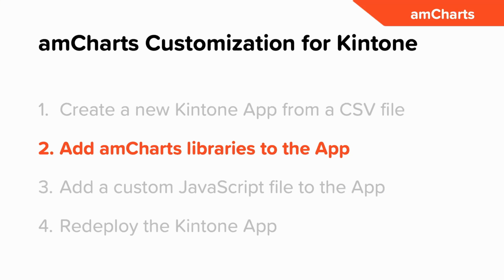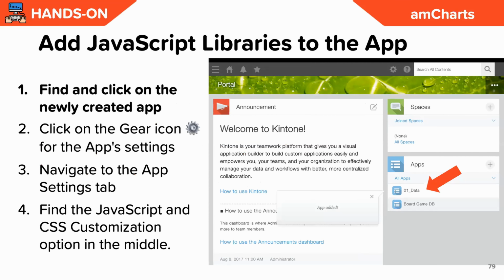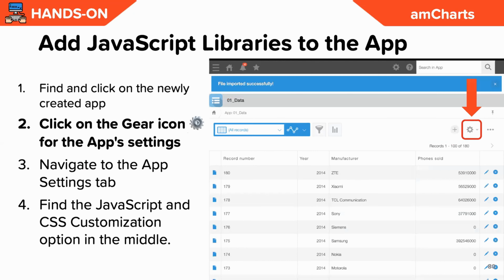And now we'll move to the next portion, adding the libraries to the apps. If you clicked convert, you might wait a few seconds. The next page that you'll see will be the portal again, and then you'll see a new app front and center. Click on it. And let's change the app settings. On the right-hand side of the page, click on the gear wheel. Now actually, before you click on the gear wheel, notice,